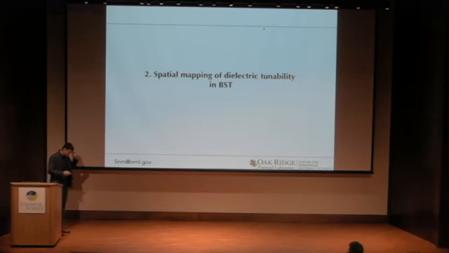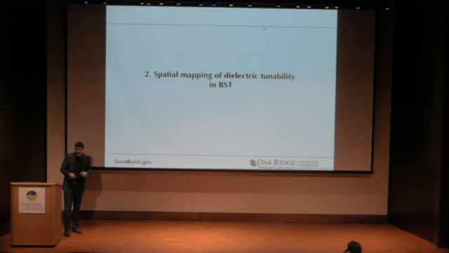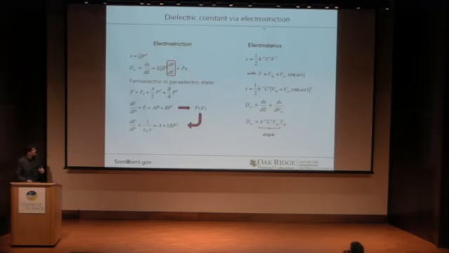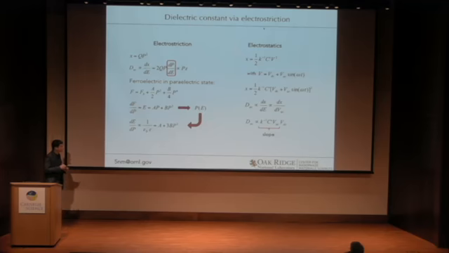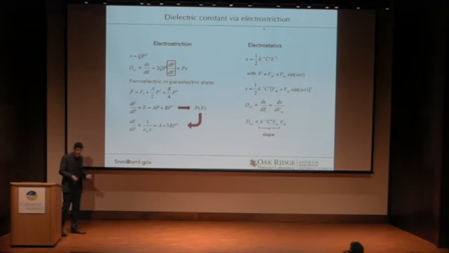Then it gave us an idea: what if we look at a material that is polarizable but not ferroelectric, such as BST? And here the trick is going further down the alley of in-field variables. I just talked about electrostatics, but the other thing we want to consider is electrostriction in contact. Specifically, because we're looking at derivative values, we will look at the derivative of the electrostatic signal, which is proportional to the dielectric constant.